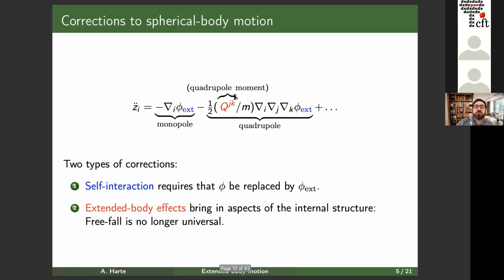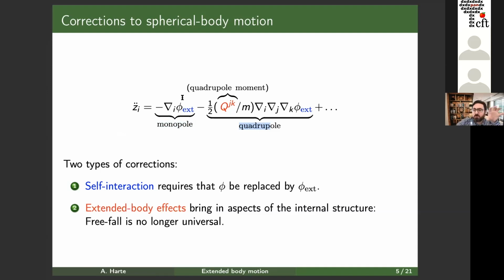The things that I want to focus on are the additional terms that you also get. These are what I'll call extended body effects. So the first extended body effect looks like this. It looks a bit complicated, so let me explain it. This is basically a multipole expansion. The first term here is the monopole. There would in principle be a dipole term, but that vanishes when you choose Z to be the center of mass. Then in the next order, you have a quadrupole, then you have an octupole, and so on forever.